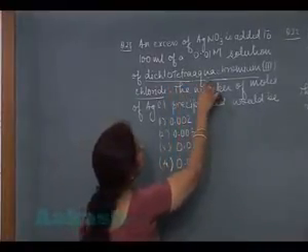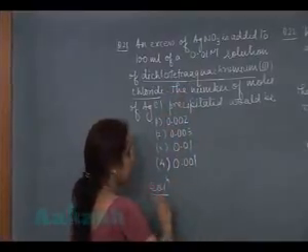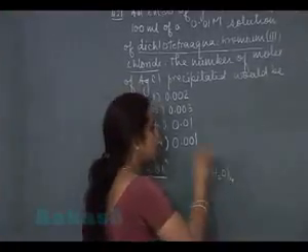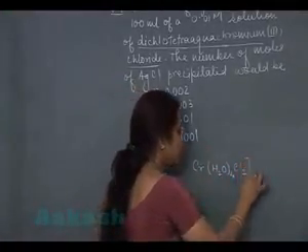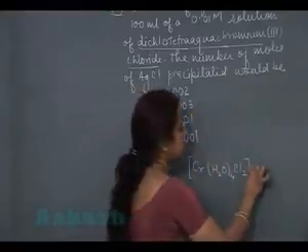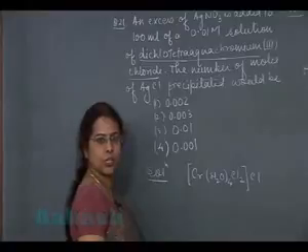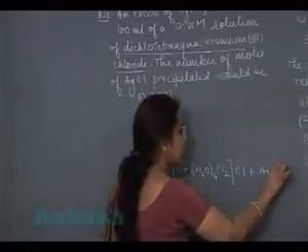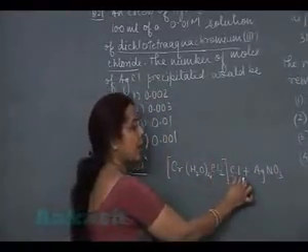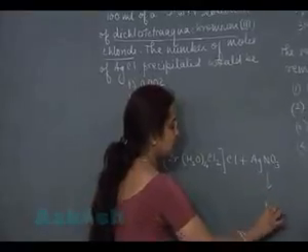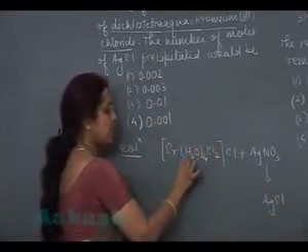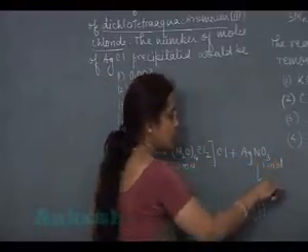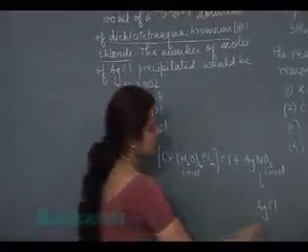In this question, the complex given is dichlorotetraaqua chromium. 4 ligands H2O, 2 chlorine, and 1 chlorine is outside of the ionization sphere. Now if this complex is treated with AgNO3, only this chloride ion will be precipitated as AgCl. So if the given complex is 1 mole and AgNO3 added is 1 mole, then precipitate of AgCl obtained will be 1 mole.